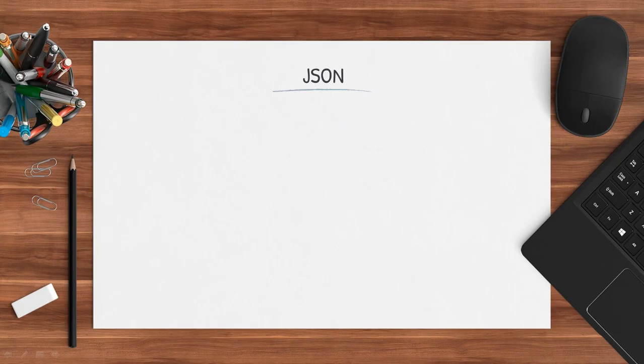Hello and welcome back. In this lecture, we will see what is JSON. It may be possible that you are not aware of what JSON is, why we need JSON, and how JSON will look. So in this lecture, I will give you an overview of JSON. Let's get started. Here JSON stands for JavaScript Object Notation. This is the full form of JSON.